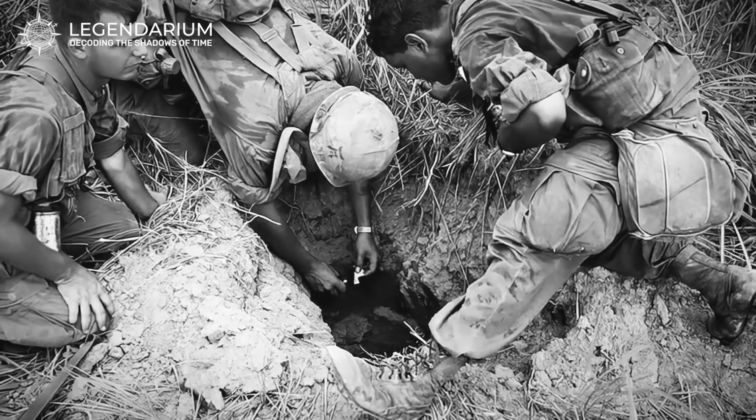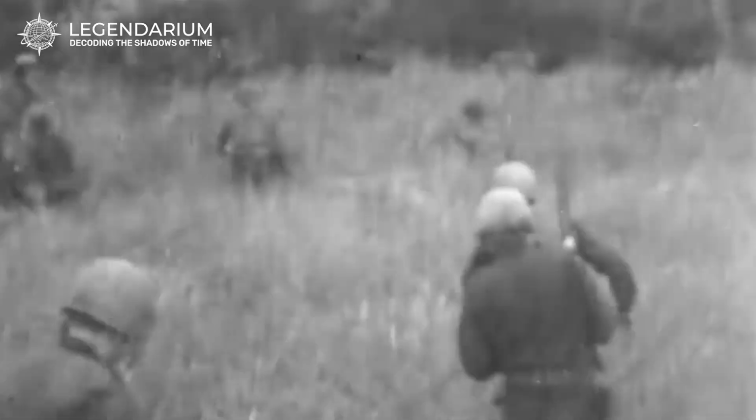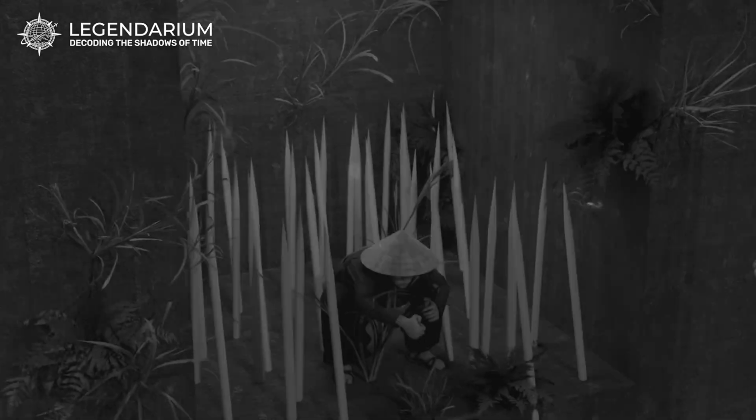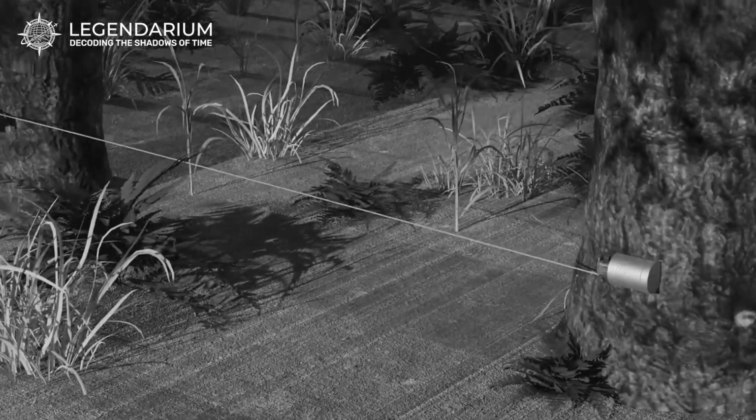Cu Chi Tunnels. Booby traps and defensive tactics. The Cu Chi Tunnels were notorious for their deadly booby traps and sophisticated defensive tactics. The Viet Cong ingeniously designed a variety of traps, including punji stick pits, grenade traps, and door traps, to protect their underground sanctuary. These traps were often hidden along tunnel entrances and pathways, creating a perilous environment for any intruding